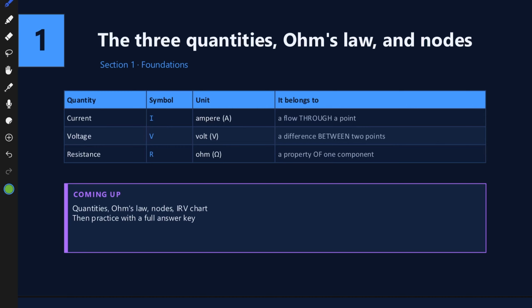In this video, we'll be going over Ohm's law, current, voltage, and resistance, nodes, as well as series circuits. In the next videos, we'll be going over parallel circuits as well as mixed circuits and harder versions of those. So I won't be going too in depth of what these mean here, current, voltage, and resistance, because